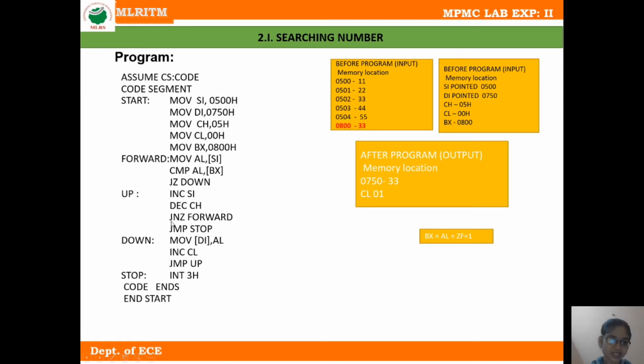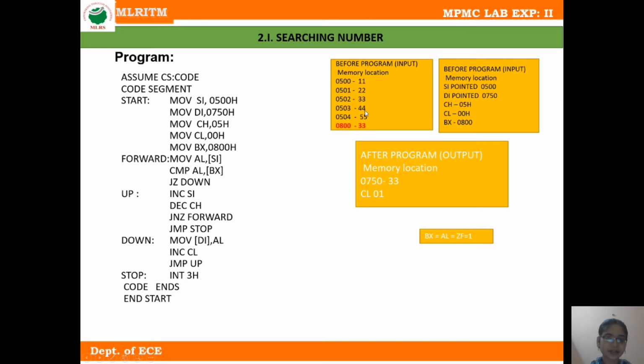The next instruction is JNZ, jump if not 0. We know that the content of the CH register is not equal to 0, so the program again jumps to the forward label and move AL comma bracket SI is executed. At present SI points to memory location 503.